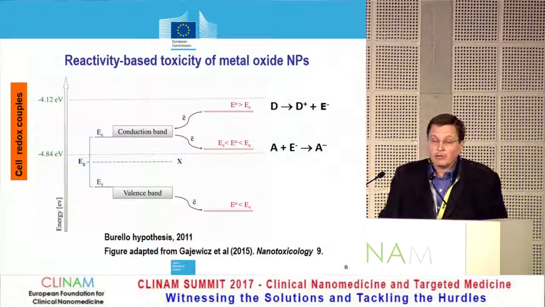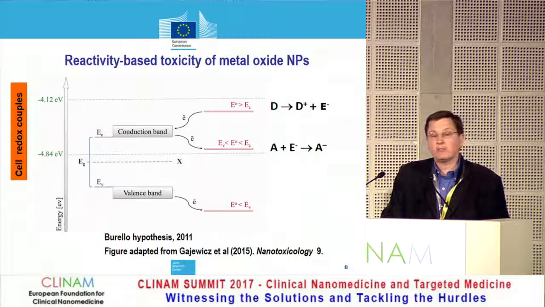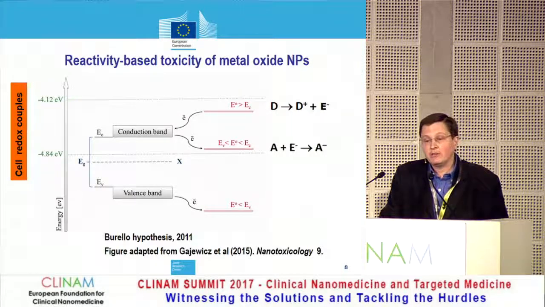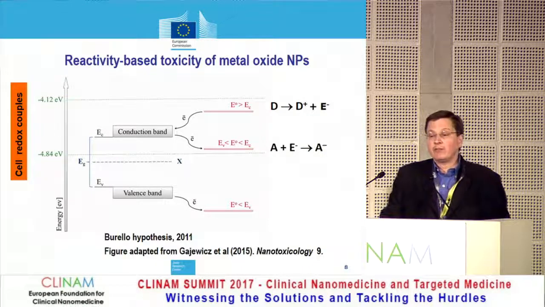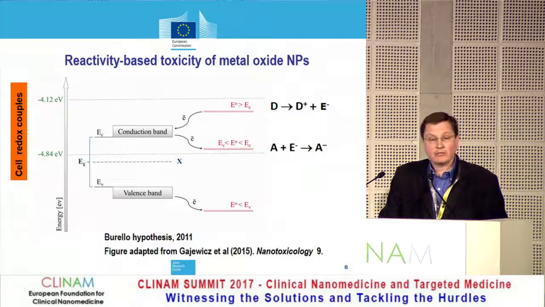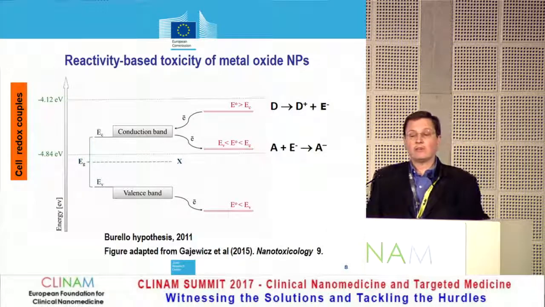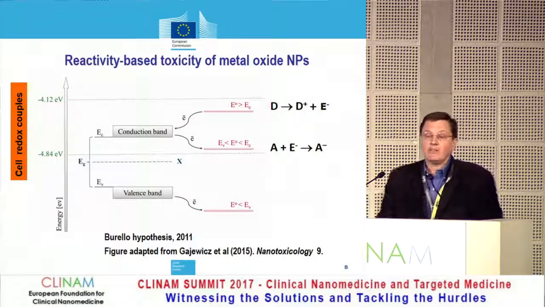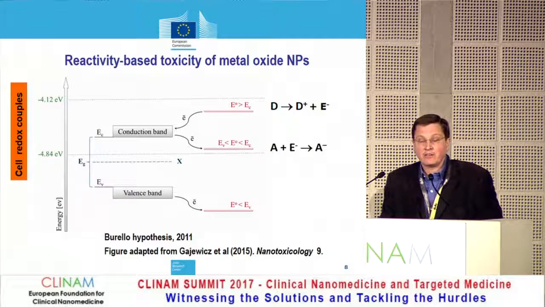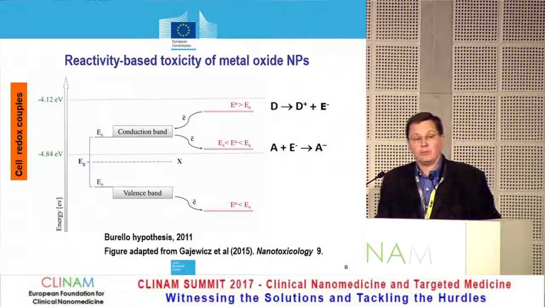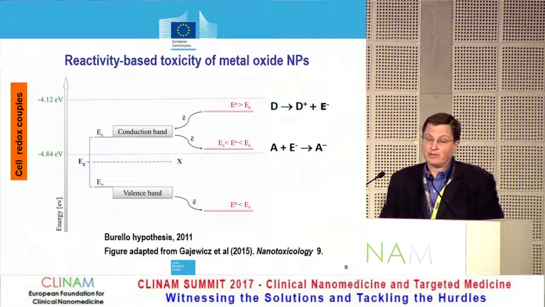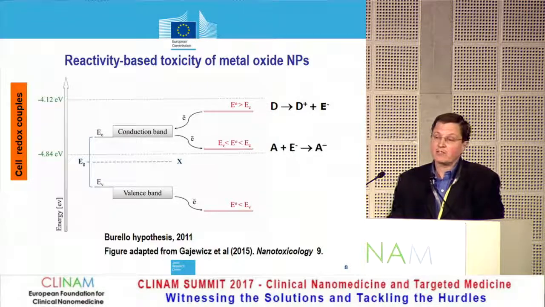Now, a former colleague of mine, Enrico Borello, hypothesized that this can be used in order to predict the potential of nanomaterials to disrupt the redox state of cells. And in particular, if chemicals in the cellular environment are able to donate electrons to the conduction band of the nanomaterial, or if they're able to receive electrons from the conduction band, then in a sense, the nanomaterial will be acting as a catalyst and potentially able to cause oxidative stress and adverse effects based upon an excess of oxidative